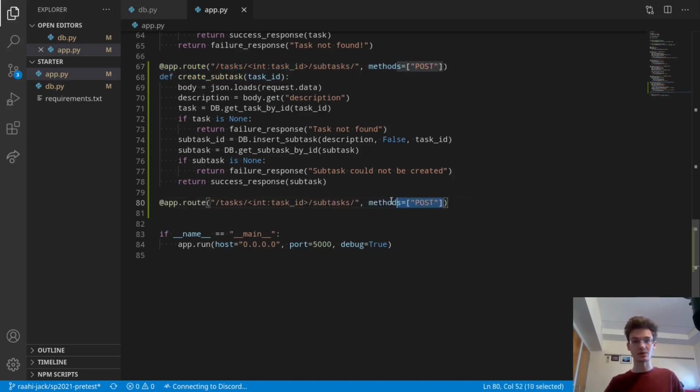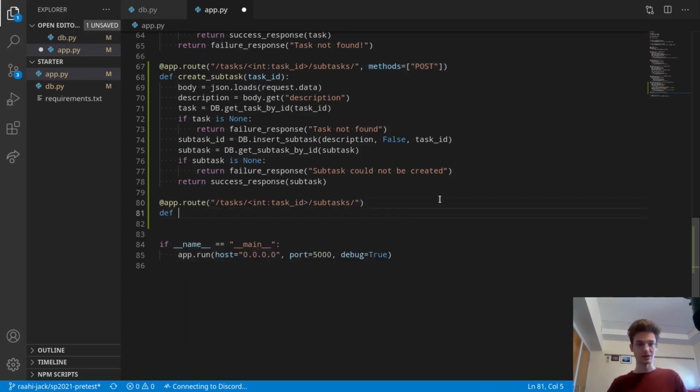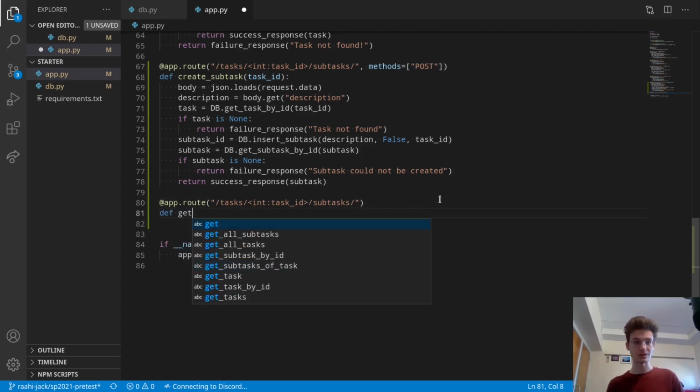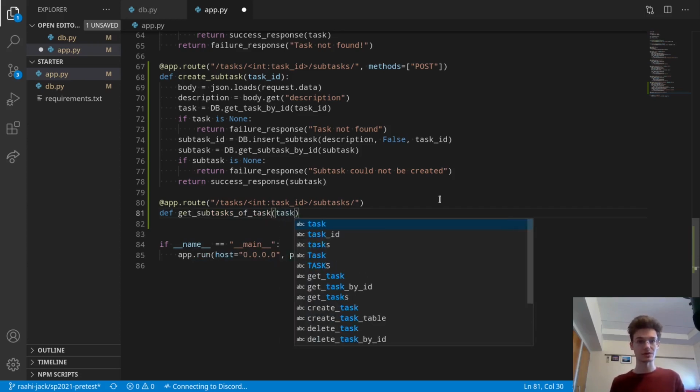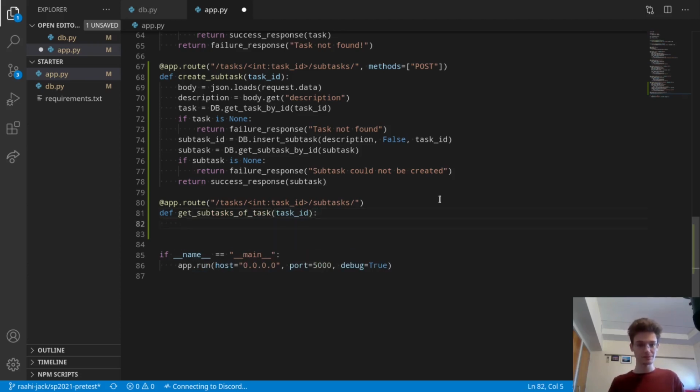Just say that we're going to remove the post, so this defaults to get, and this becomes very simple to write because we've basically already written it. So we'll take our task ID and we'll simply return